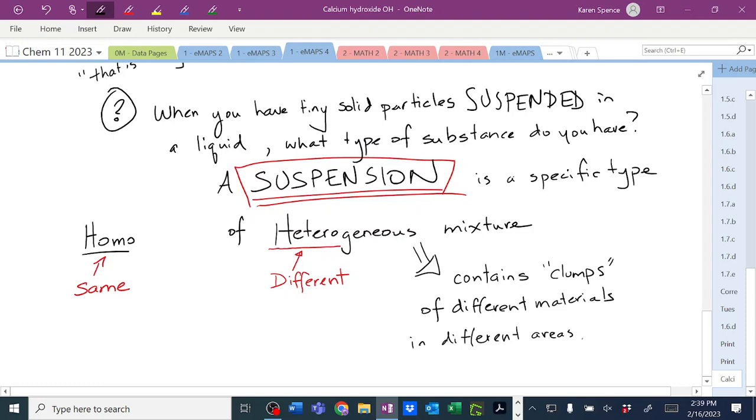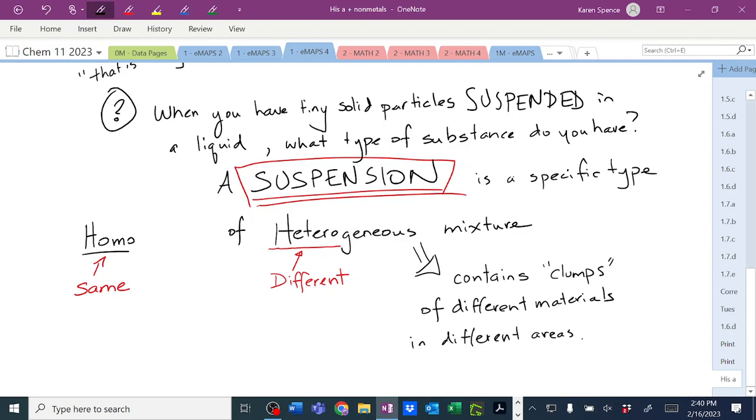Now the word clumps, it's one of those words that sometimes ELL students are like, what the heck's a clump? This is some weird English word. A clump just means a gathering of a particular substance, like I've got a clump of pens here, all the pens are together. If somebody pulled out a chunk of your hair, you would say they pulled out a clump of hair, okay? If you had a ball of dirt, you would say you have a clump of dirt, okay? So clump, it just means it's all the same stuff all together, okay?